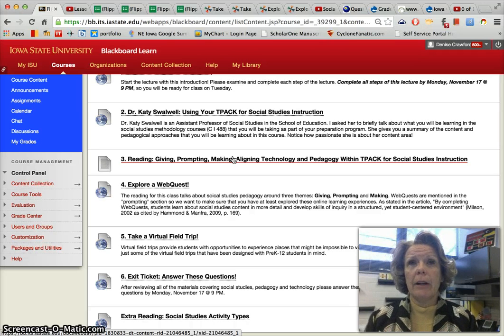Just take note of this one, from the idea of what these authors tried to do, which was situate you in three pedagogical approaches or contexts: giving information, prompting information, and making information, all within the context of technology and social studies. It's a really good article and gives you a good situated feel for what it will be like and the types of activities in these three levels that you can provide for